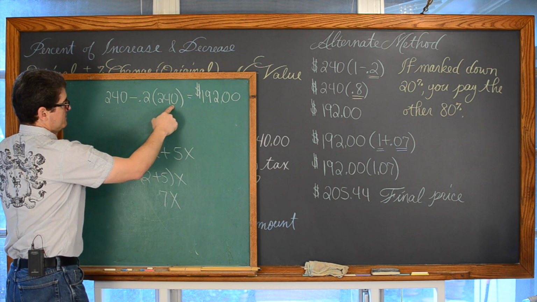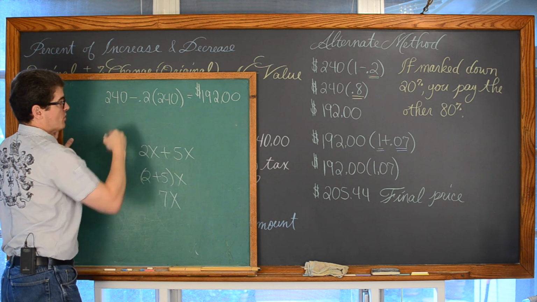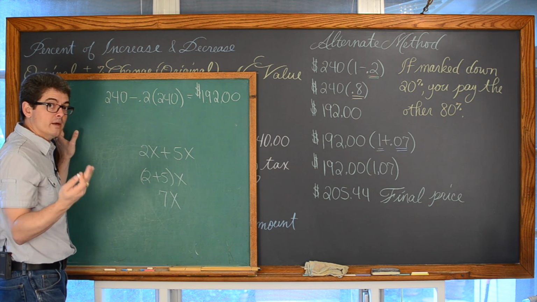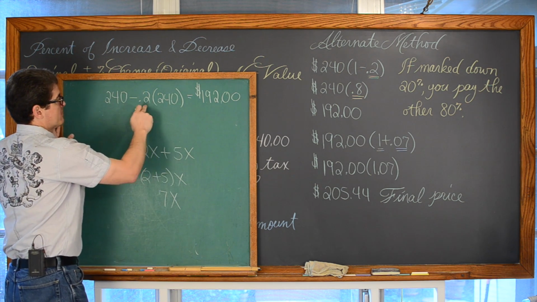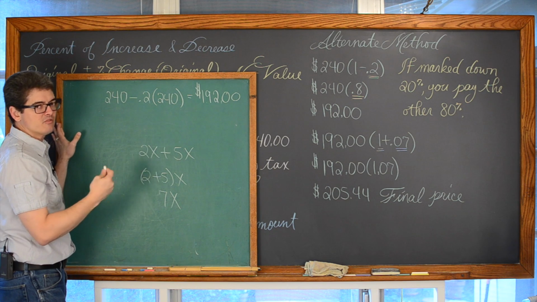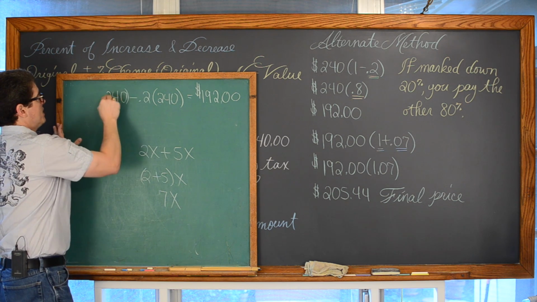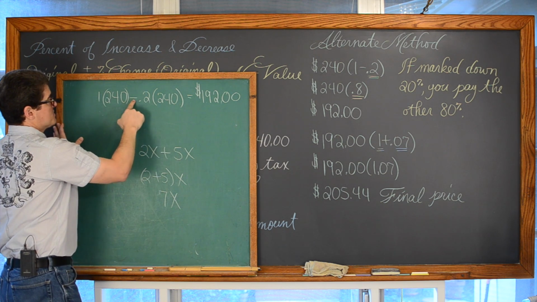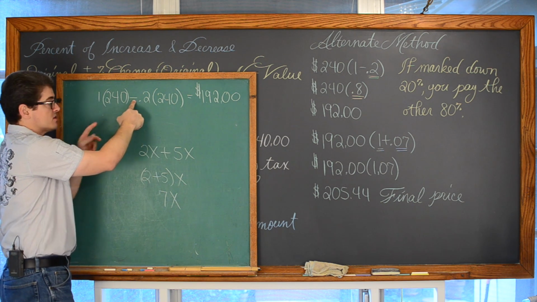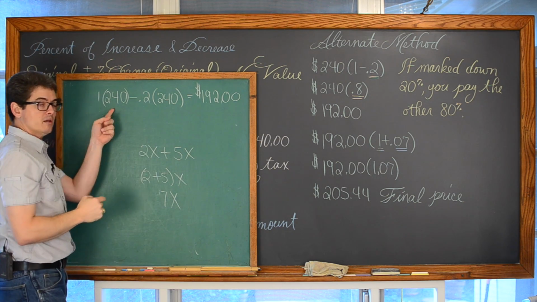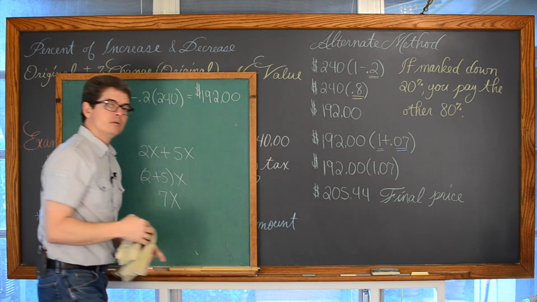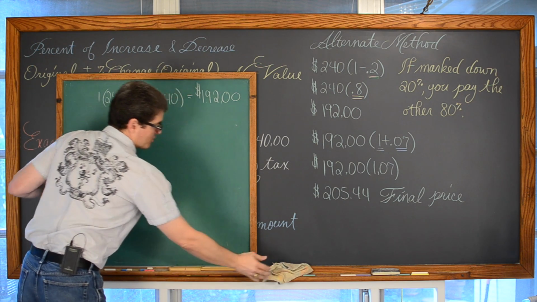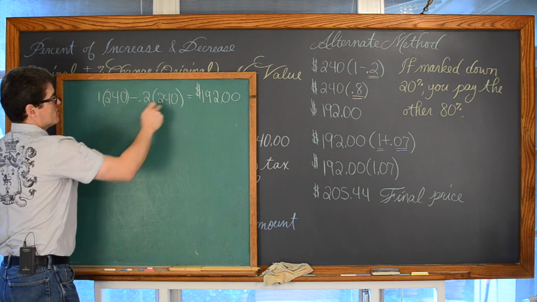This 240 is kind of like our x, except that we know what that number is as opposed to a variable, which is still a number, we just don't know what it is. This 240 has a multiplication of 0.2 or negative 0.2 to it. This 240 has a multiplication of 1, and each of these terms, which are separated by addition and subtraction, have a factor of 240. So I can undistribute that 240 if you haven't become comfortable with the term of factoring yet.